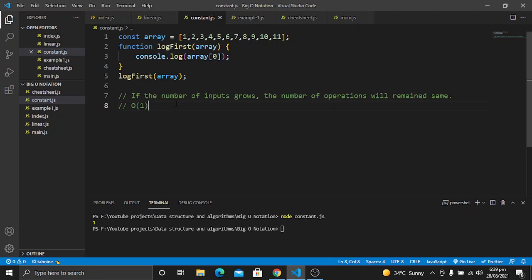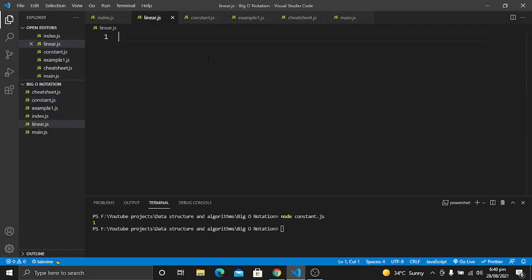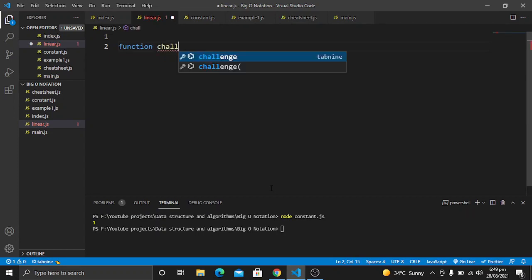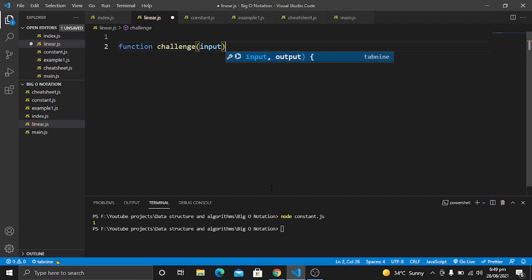Now we will move towards the next step, which is the linear time complexity. So let's go to this file. Let's write a function for the linear time complexity. Let's write an example and give it the name challenge. It will receive an argument with the name input.